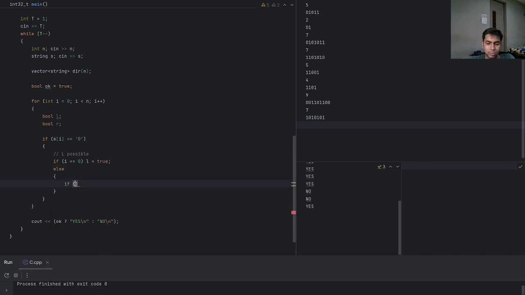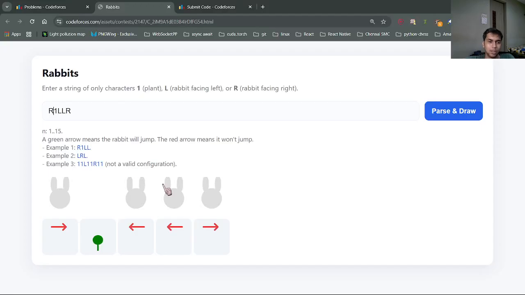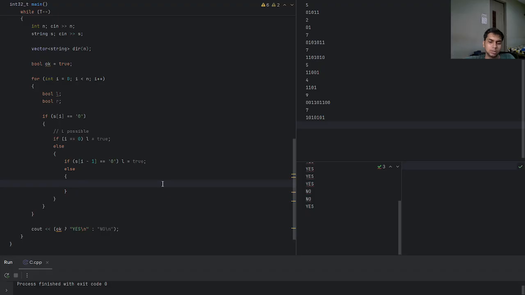It's gonna get super complicated. So if S of i minus 1 is 0 and true, else if it is a 1, okay, then